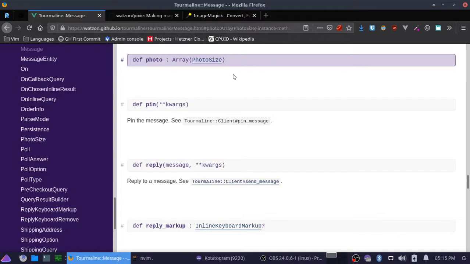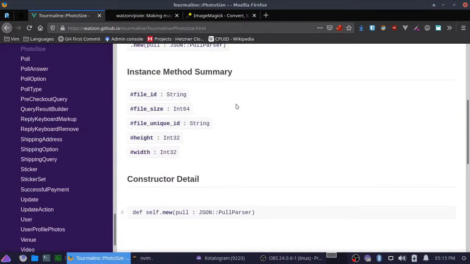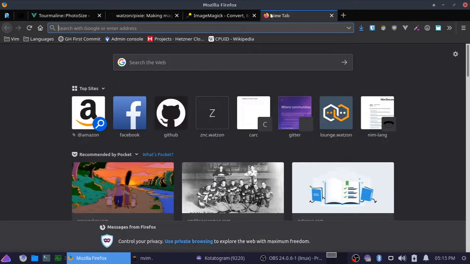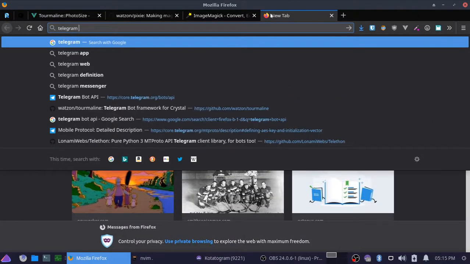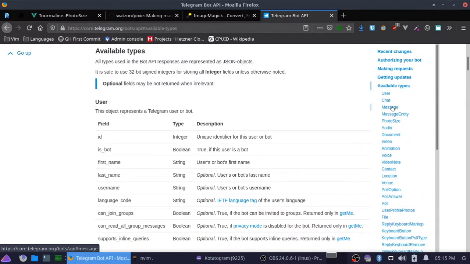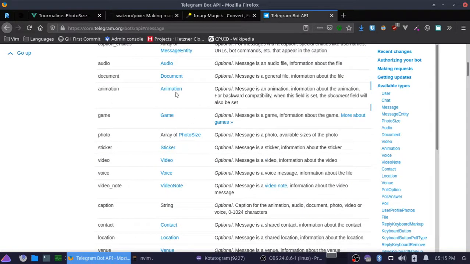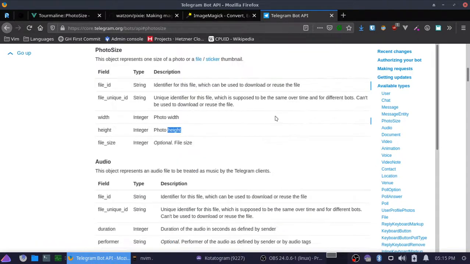So message.photo should contain an array of photo size, and the photo size has a collection of file IDs and unique IDs and everything. And so if we open up the Telegram bot API and we go to available types, message, photo, array of photo size,